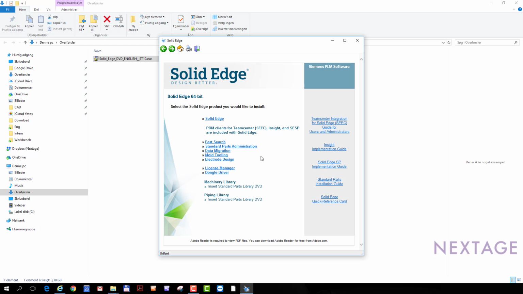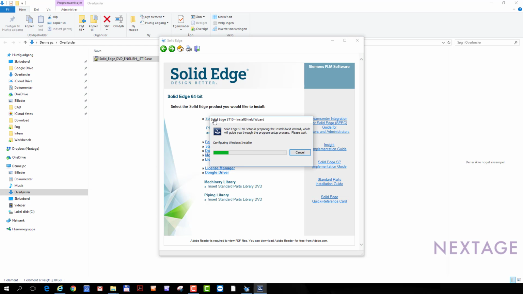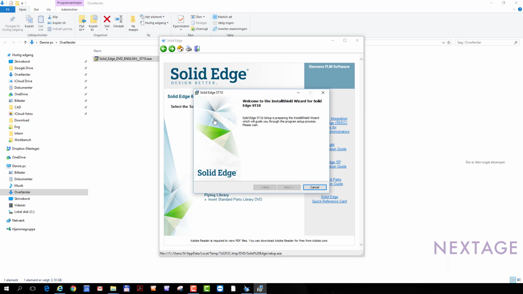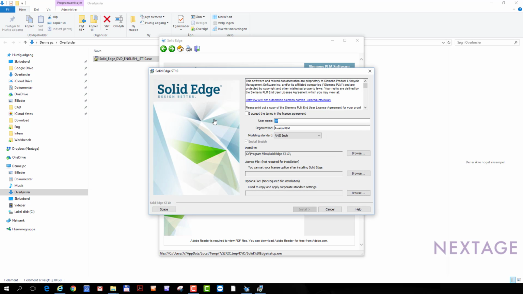And the Solid Edge install wizard has opened. So now I can go to the Solid Edge item and press OK. And that will start installing Solid Edge. So here I have to type in my